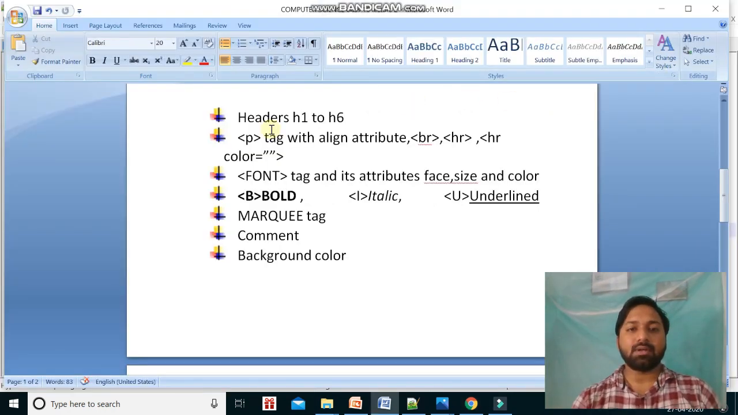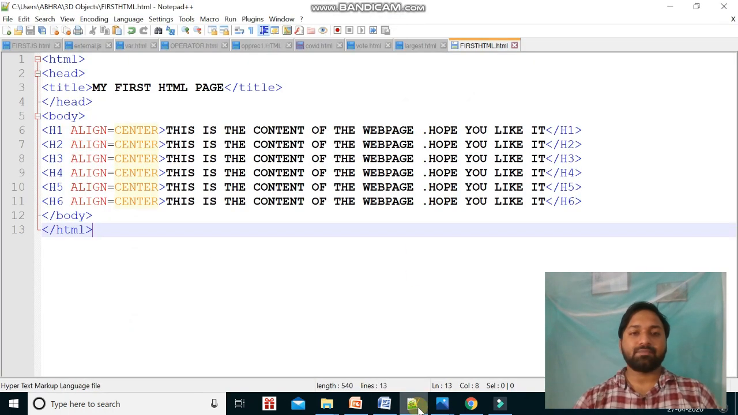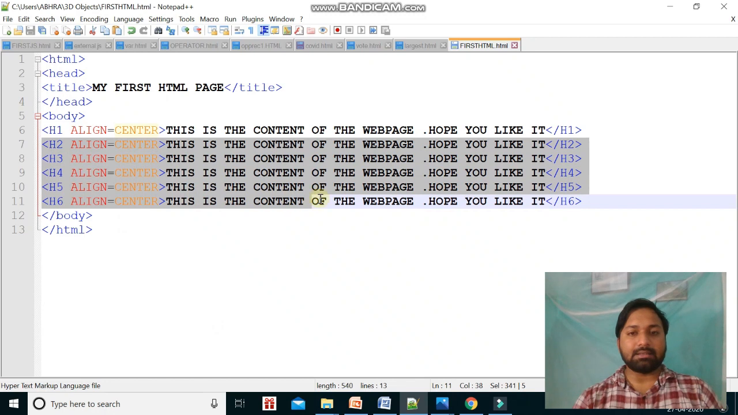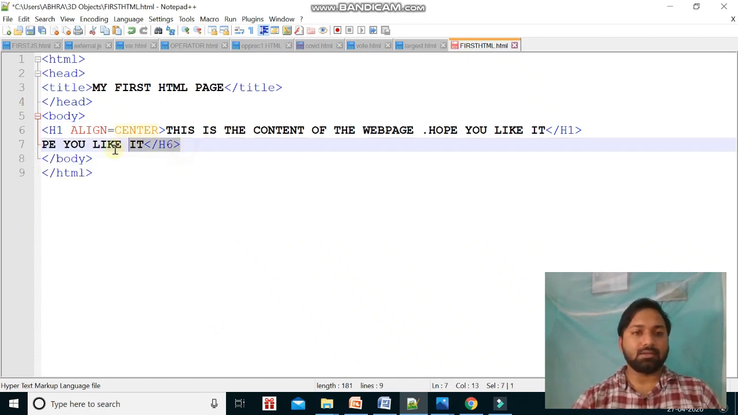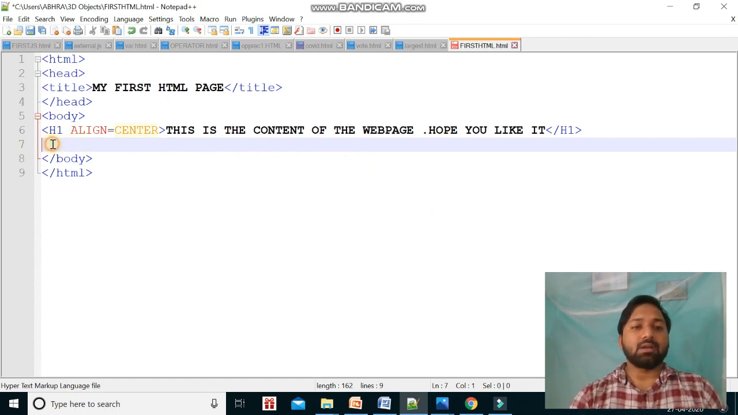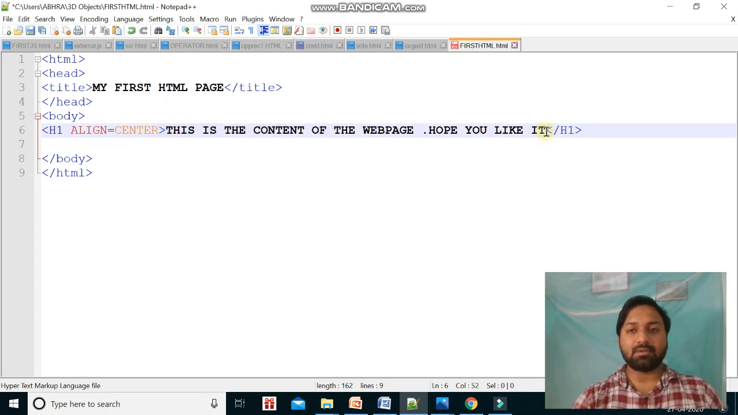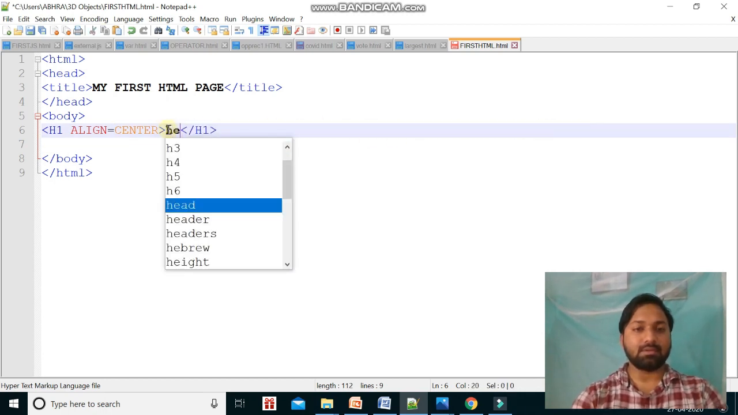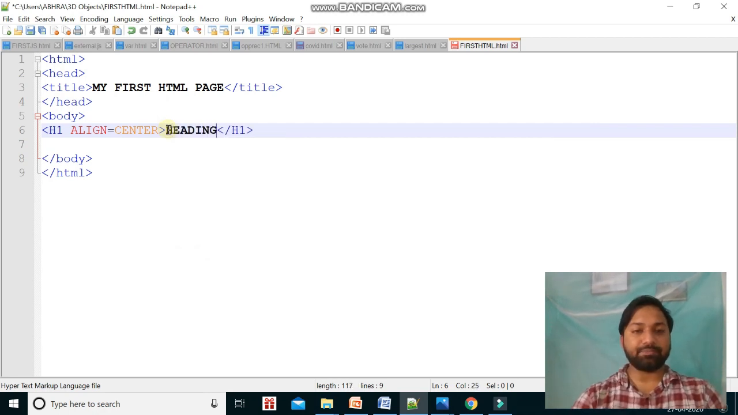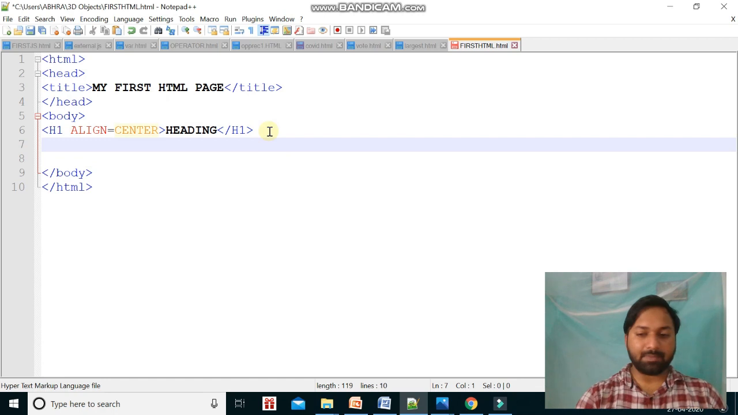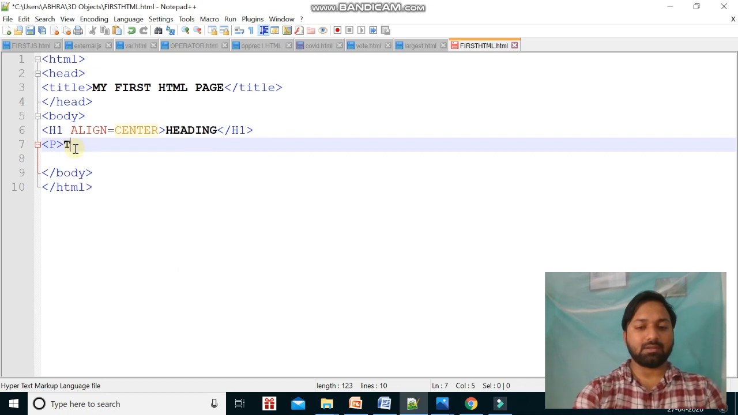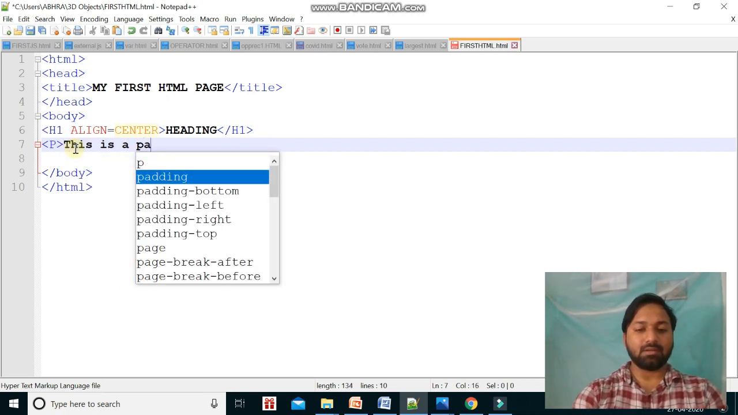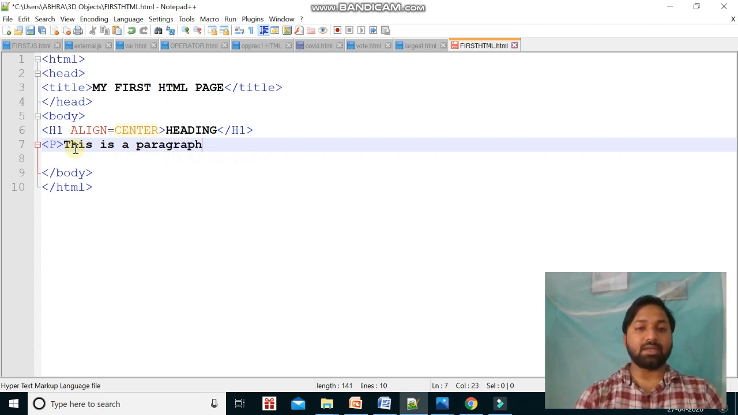Now we'll learn about the paragraph tag. Let's delete these things, and I want to put a paragraph here. So the p tag suggests that it is a paragraph. Okay, paragraph. Now the important thing is